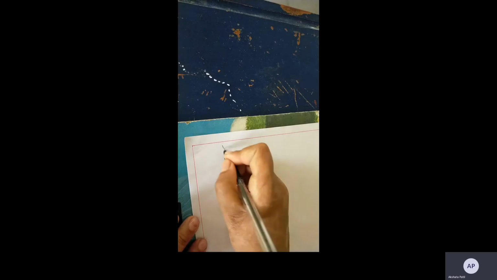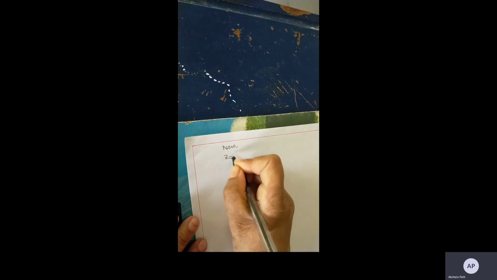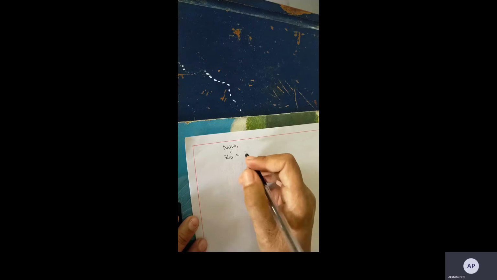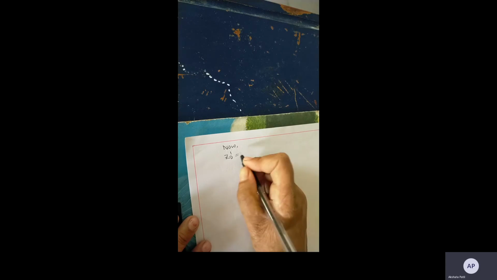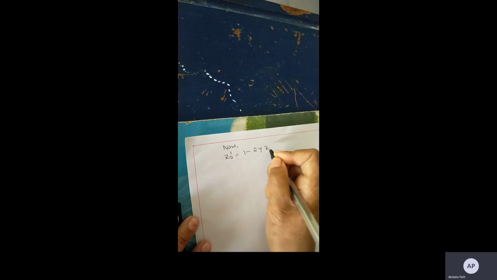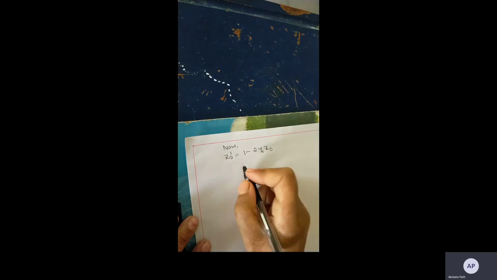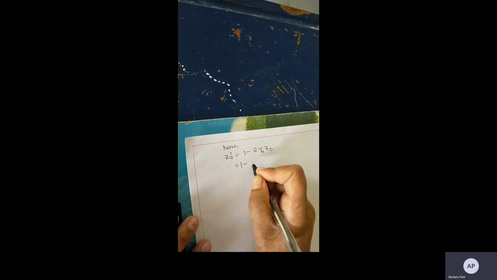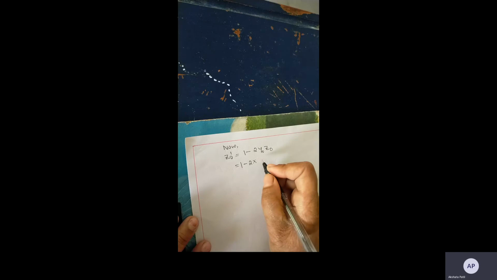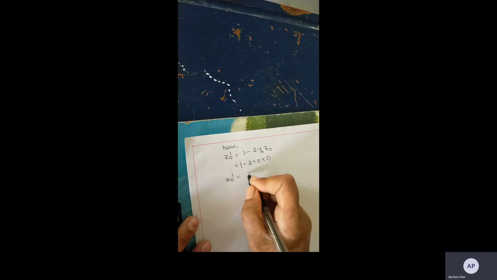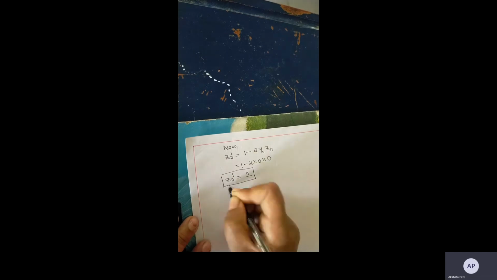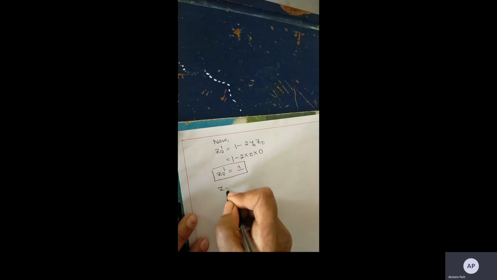Now we need to calculate the z0 dash value by using the above equation. The first order equation is z dash equals 1 minus 2yz, with y considered as y0 and z as z0. Let us substitute the values from the table: 1 minus 2 into y0, which is 0, and z0, which is also 0. So you will get the z0 dash value as 1. So let us calculate z1 dash again.